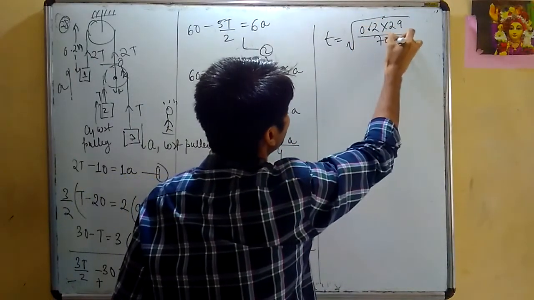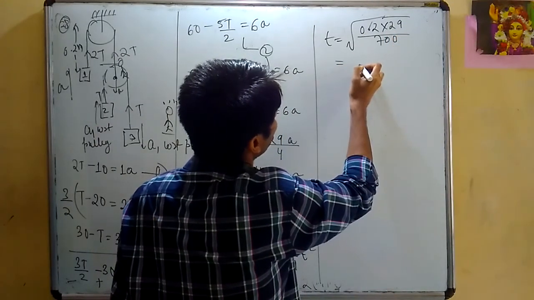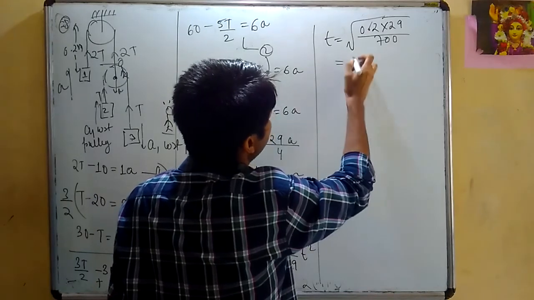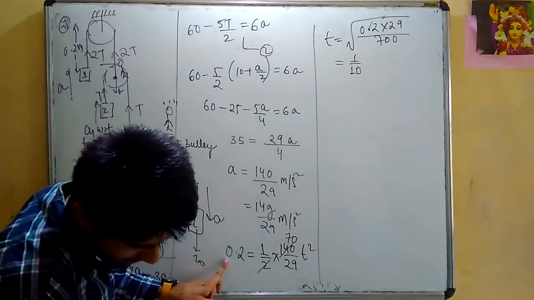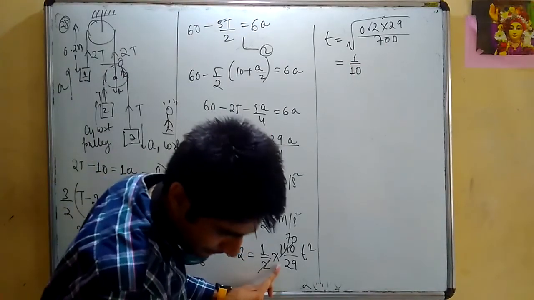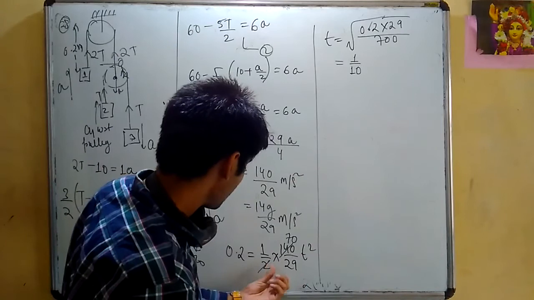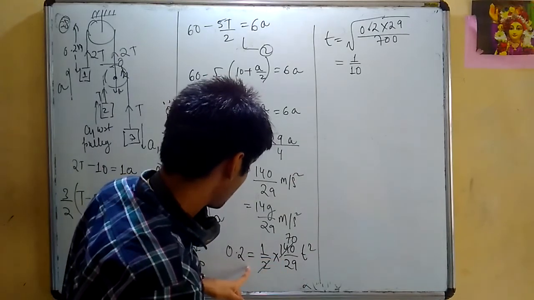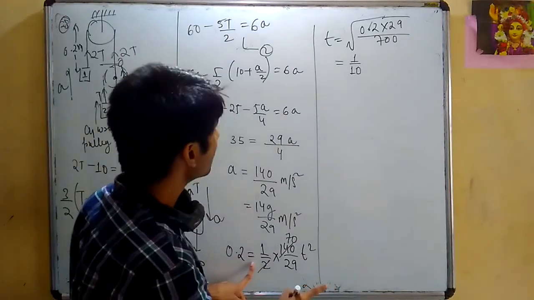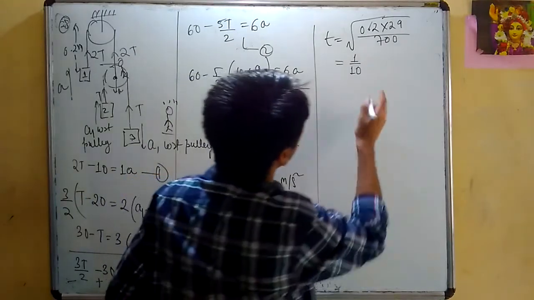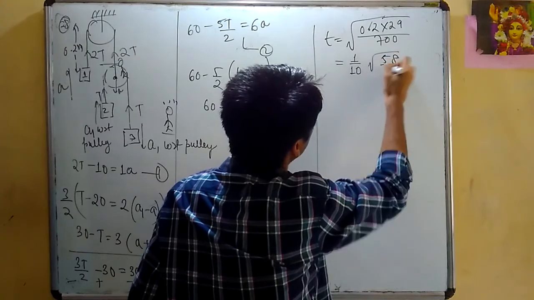It's a very, very bad calculation. I can take 10 outside. Is the calculation correct, right? 20 centimeter was given, no? S equals to ut plus half a t square. So this is 2 into 70, yes. 0.2 into 29 by 70. Okay, the calculation is this ugly, it will do. If we take 10 outside, I have root under 29 2 is 58 by 7.